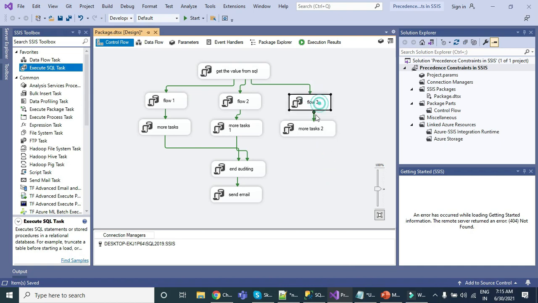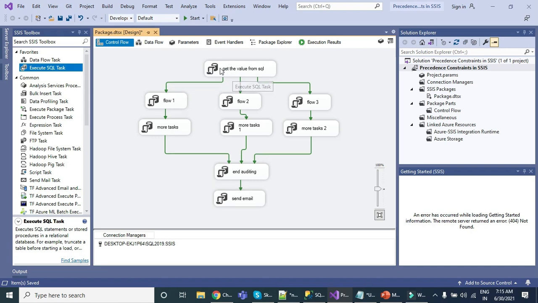Okay, and connect this one, and then finally connect this one. Okay, so I have this particular flow. In real life scenarios, we can have this kind of flow as well. If the value from the database is 1, then these two should execute, and after executing these two, finally these two should be executed. Similarly, if the value from the database is 2, these two should execute, and then finally these two should execute. And if the value from the database is 3, then these two should execute, and then finally these two should be executed. So this is the kind of flow.